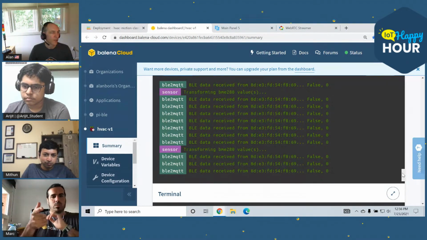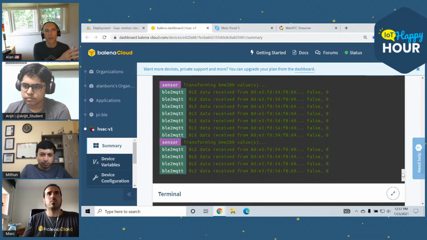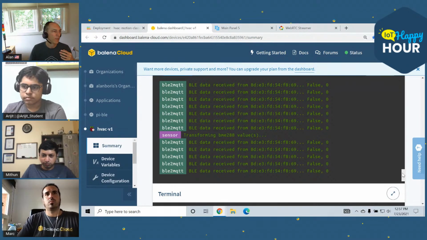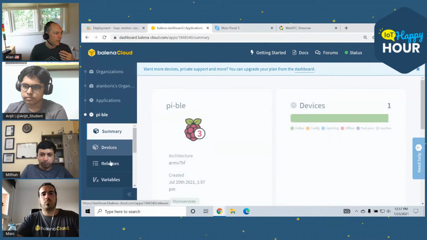It is actually a Pi 3, because it's not running the model. It's not running anything really Edge Impulse wise. All the Edge Impulse is running on the Arduino, so you can use a very low powered device running Balena OS.